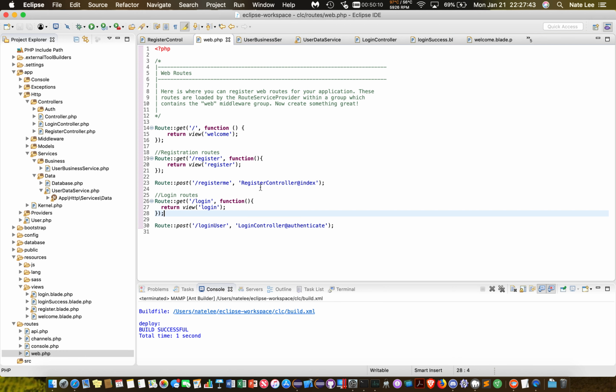And then the routes that it uses is the /login, that's the get route. It'll return the login view, and then the post route is for when the login form is submitted, and then it will call the login controller's authenticate